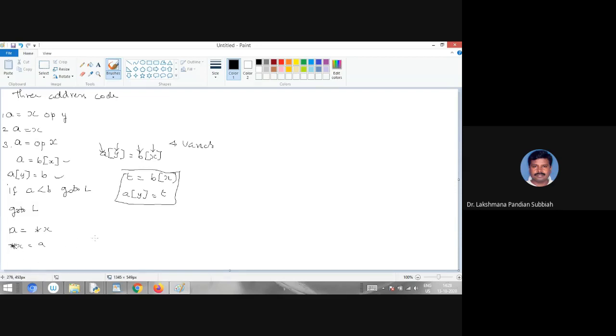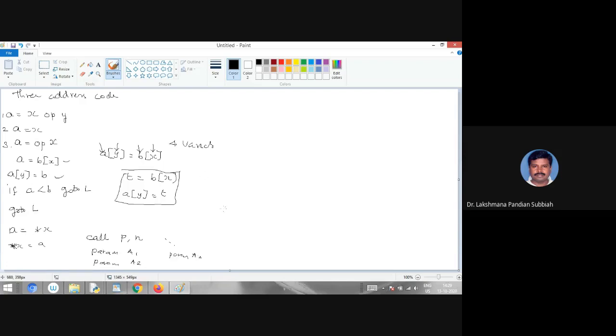Next, we have the function call statement: call the procedure with n number of arguments. The arguments are listed as param A1, param A2, the second argument, until param An.